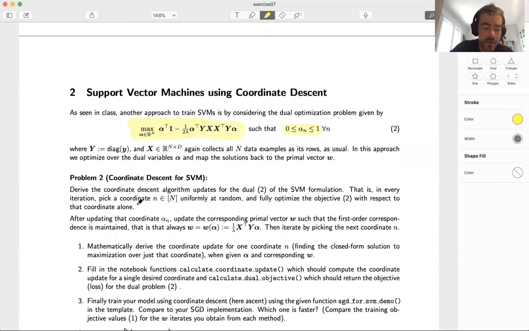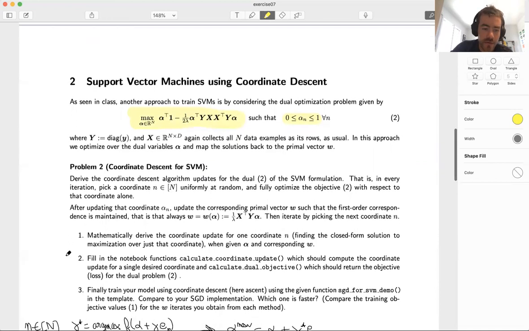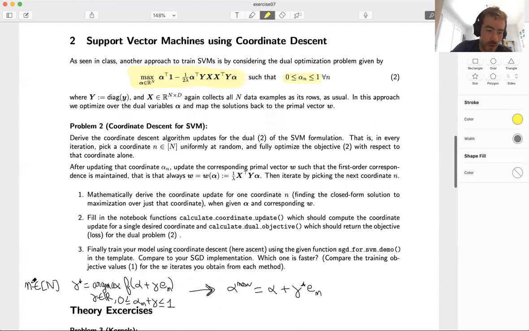And the first question is theoretical, and it's to show that you can have a closed form solution when you just focus on one coordinate. So you pick a coordinate n, and you want to show that there's a closed form solution to the maximization problem. And so what does this mean? This means that I pick an n randomly, and then I focus. So imagine I call my function of alpha here f of alpha. Then I pick a coordinate n,